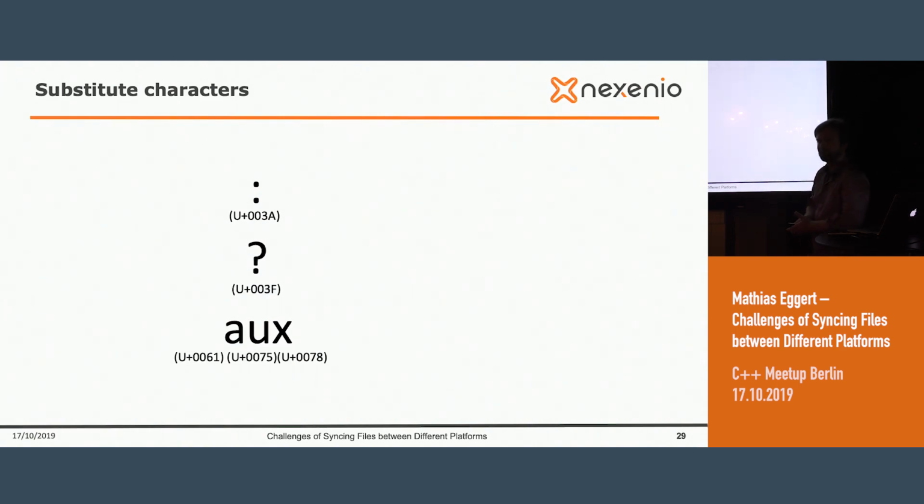Because Unicode has a really large table of different characters, and you will find nearly every time a lookalike character for every character. So what we're doing with colon is finding a little colon. What we're doing with question mark is finding a little question mark. And here we did the same with the forbidden file names.